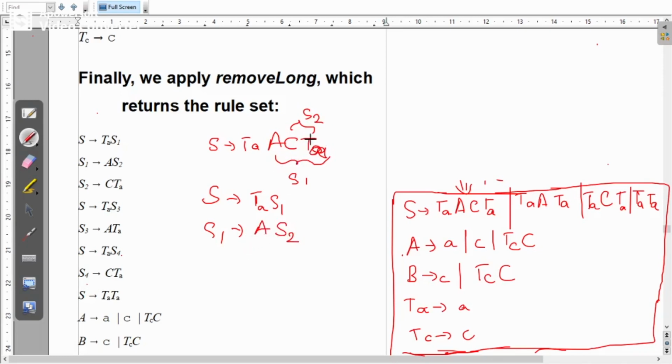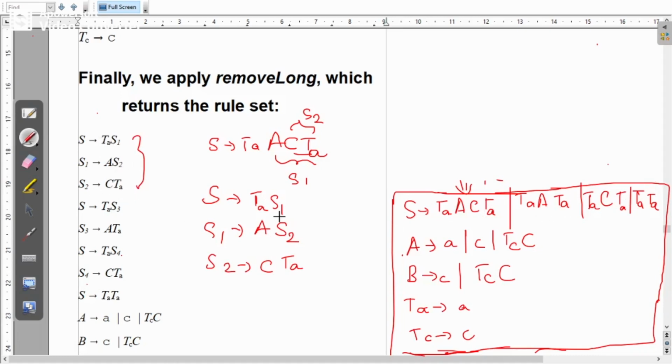So now how many symbols are remaining? Only 2. That is C, TA. So directly you can write C, TA, because there is a subscript here. There is a subscript here that I will write. Okay, TA. So that is how you have to break everything. So S gives TA, A, C, TA is broken. I have broken it like this: TA S1, A S2 and C, TA.